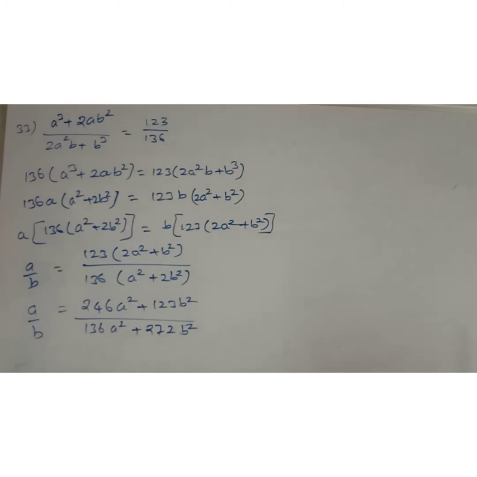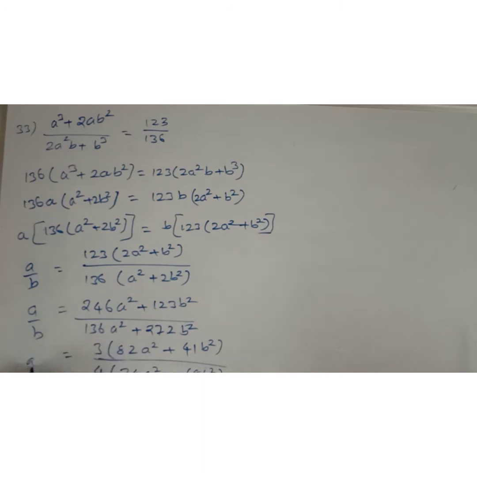Now here I'll take the common. 3 common I'm going to take, so 3 8s are... So children, here I'm taking 3 common, that means 82 a square plus 41 b square, by 4 common I'm taking, that means 4 3s are 12, 1, 4 4s are 16, that is 34 a square plus 4 6s are 24 and 68 b square.